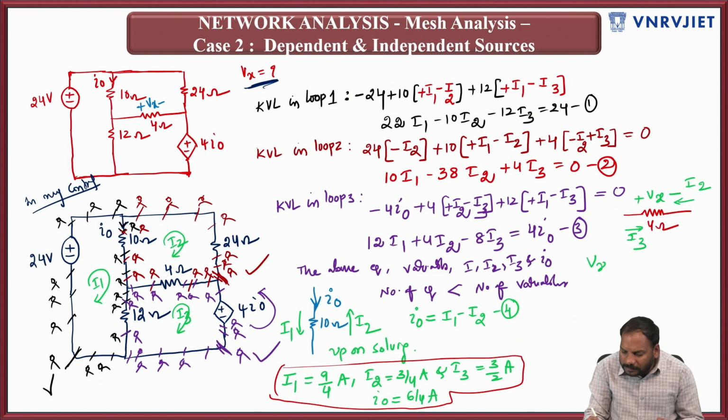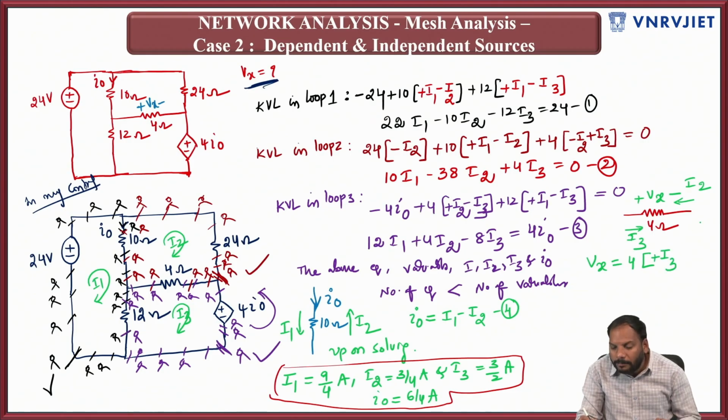So the value of Vx is exactly equal to, applying simple Ohm's law, 4 into the current entering the positive terminal of Vx, that should be plus I3. The current coming opposite to it is what? Minus I2. So the value of Vx will be 4 into I3 minus I2, that is 3